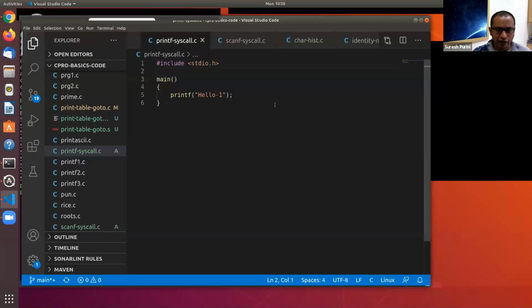Okay, again, pay attention. I may hand wave answers to some of your questions so that we don't digress too much. So you have this completely super simple program where we are doing printf. This printf is a library call.